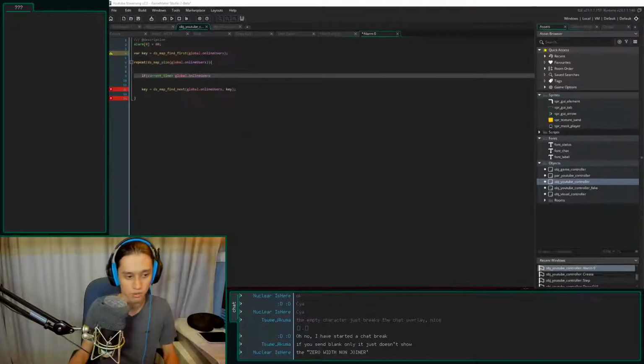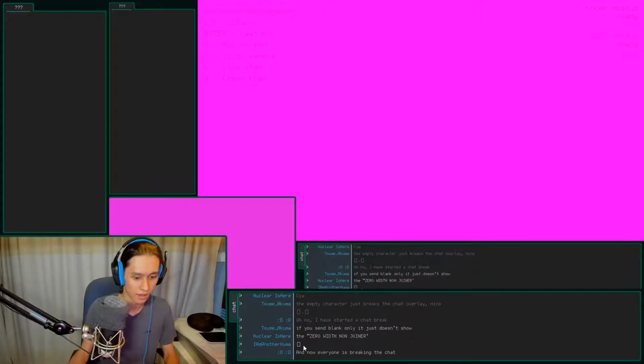If you send a blank, it just doesn't show. Yeah, it's a 0 width joiner. Oh, the entire message doesn't show? That's probably because I didn't get it. I mean, it's showing a square, which is exactly what it's supposed to show, right? Any characters it doesn't understand, it just shows a square in its place.